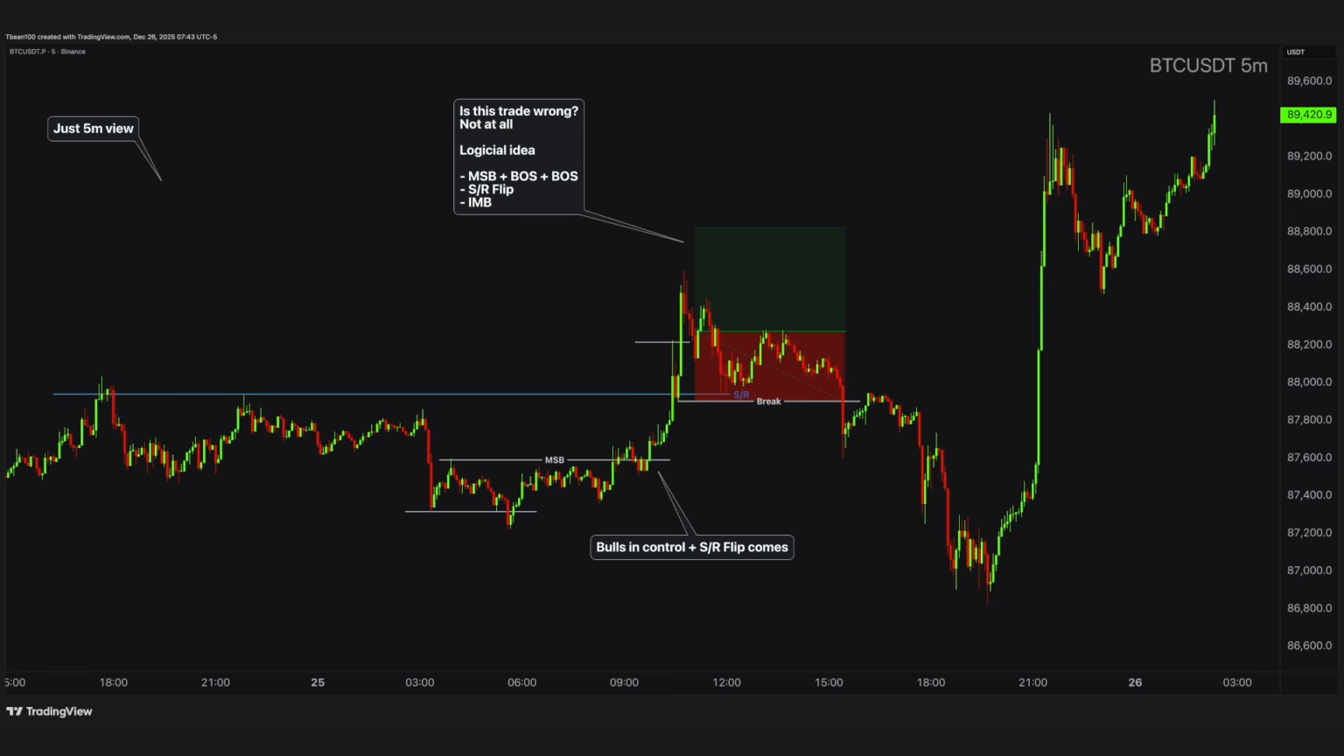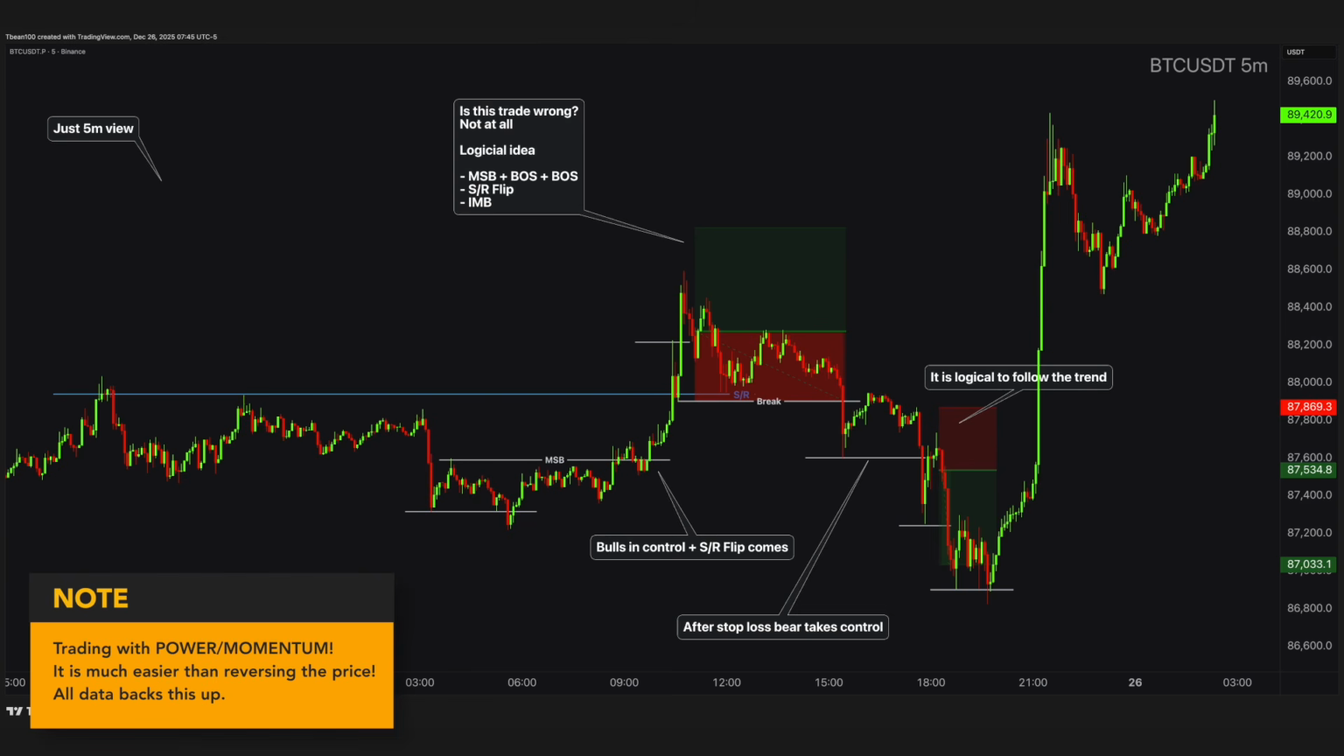Later on, you can see that the overall structure started to shift downwards and the bears slowly took control again. Price kept making new lower lows and continued pushing the market lower with strong momentum. If you took a logical short position here, that would not be wrong either. The reason is simple, because price was clearly crashing and following a strong bearish momentum. This is exactly how you follow the momentum in the market. It is almost always better to trade with the power and the momentum rather than trying to fight the market